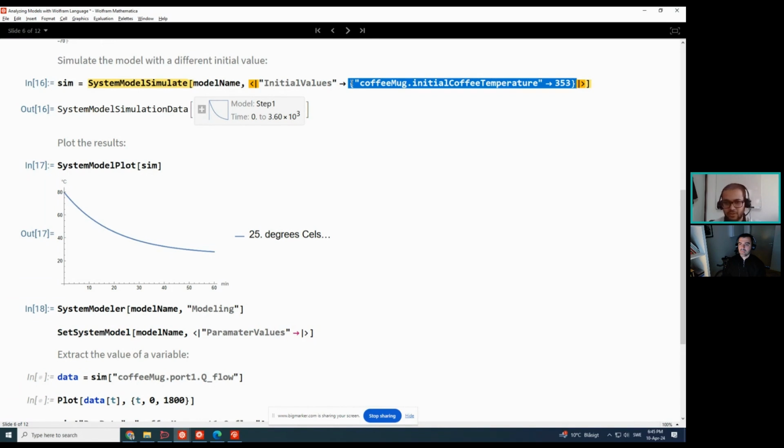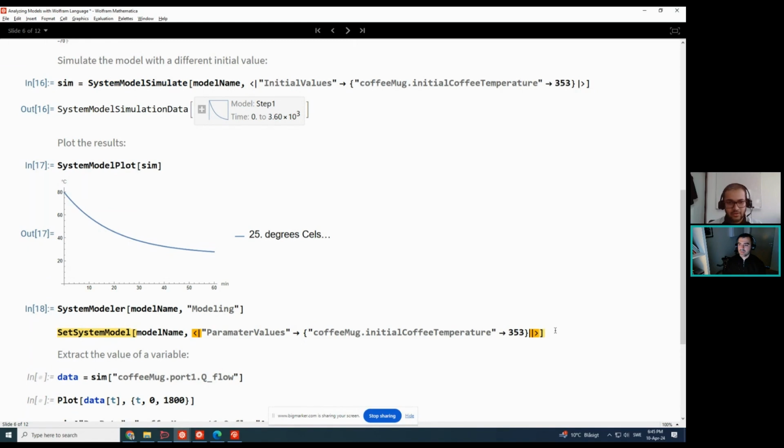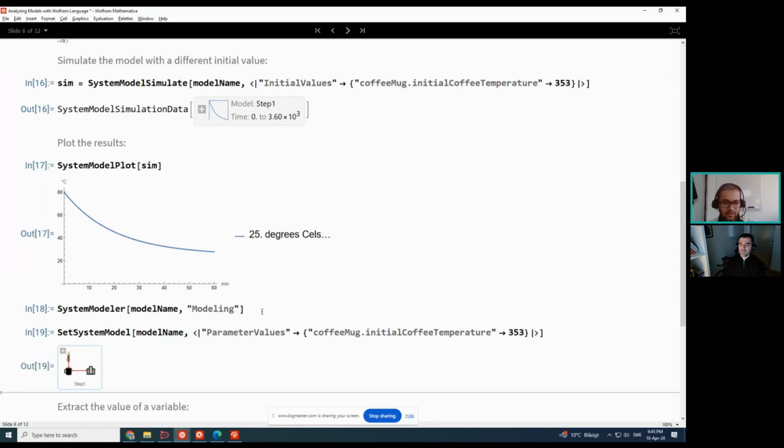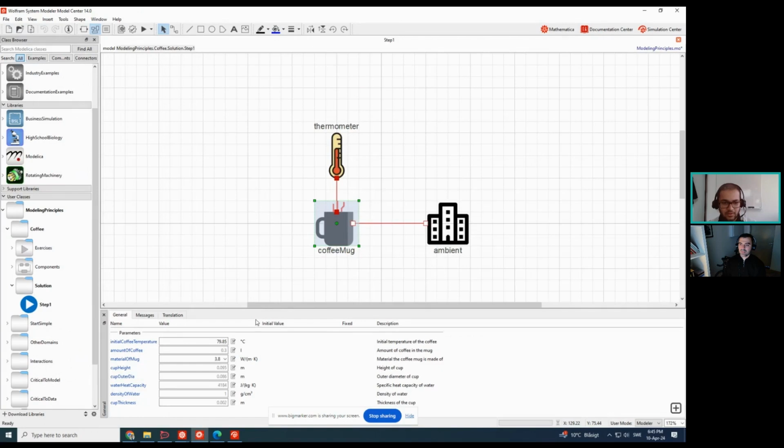Rather than typing, I would just copy it here. There is a small misspelling in the parameter values. Oh, okay, sorry about that. Right. And when you do this and I do SetSystemModel, it's done. And now if I open my model again with the System Modeler option, you could see that,